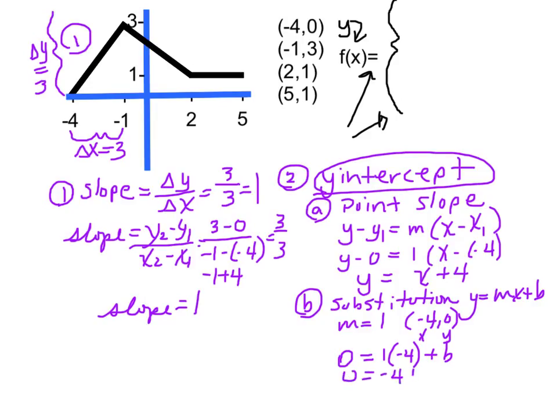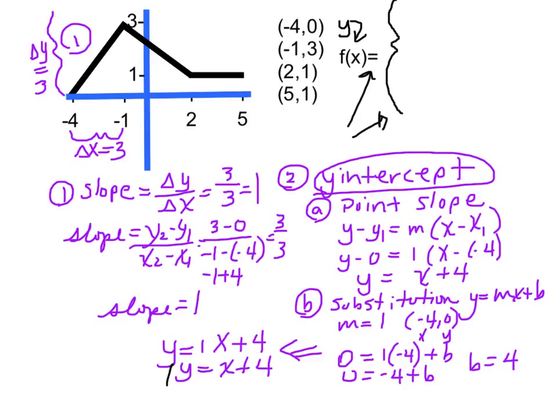If I do that, I'm going to get 0 is equal to -4 plus b. I'm going to move the -4 to the other side to isolate my b, and I get b is equal to 4. Now I'm going to substitute my b and my slope into this equation, and I'm going to get y is equal to 1x plus my b, which is 4, or my y-intercept, and I get x plus 4. Now this gives me the same equation as I got using the point-slope method, so whichever method you prefer, but you need to use one of these methods so that you actually do find the y-intercept for this line. I'm going to write the equation of this line right here, y is equal to x